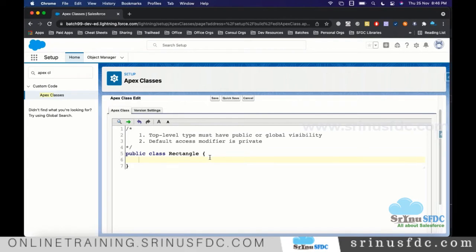So here, to do the area or perimeter, we need length and breadth, those two values as input. Without length or breadth, we cannot do the calculation. Now to hold the length value and the breadth value, we need to allocate memory. To allocate the memory, what do we have to mention first? We have to mention the data type.